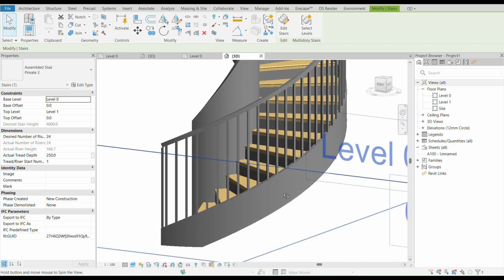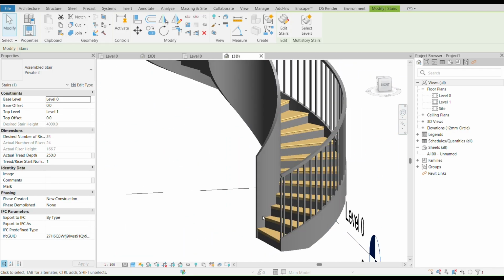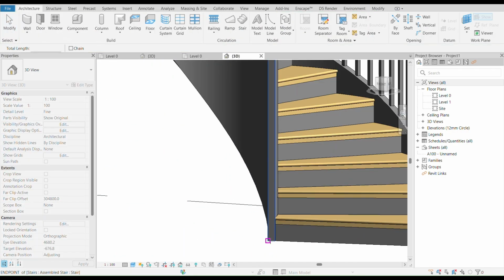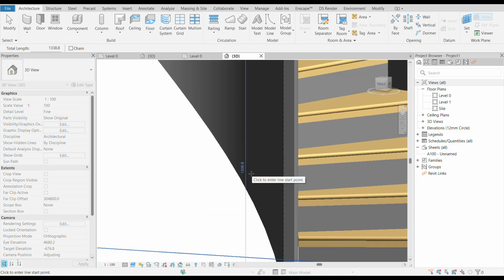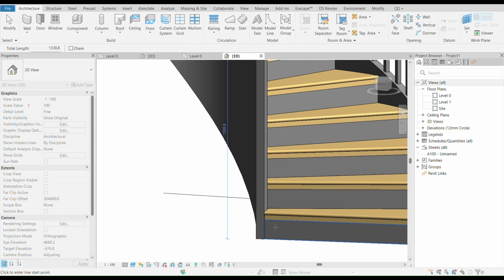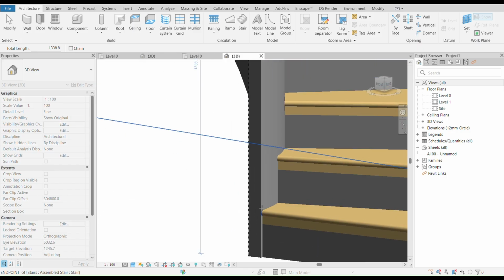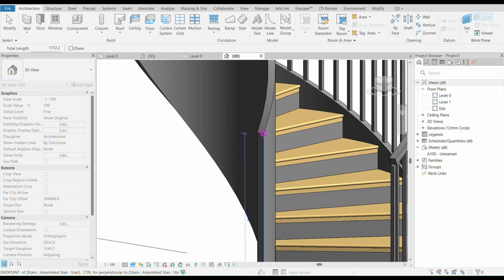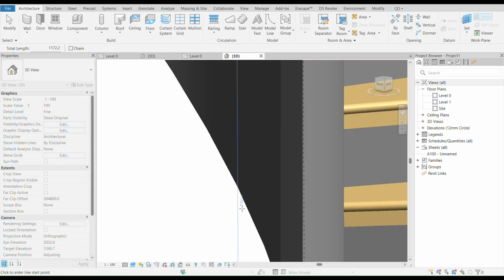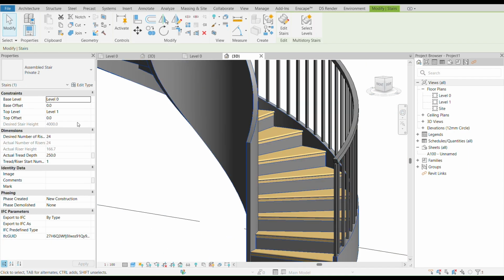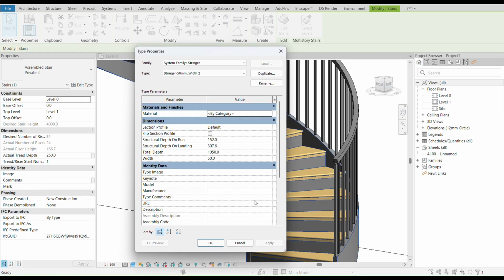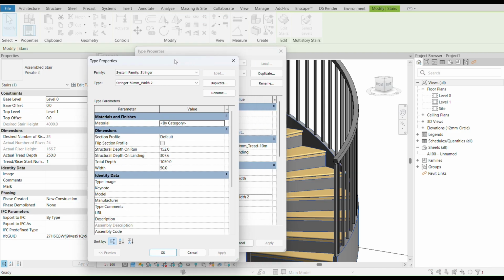So you can see the middle portion is now working as a railing which is of the size 1338 because we have the structural depth as well. But if we actually go from the stair tread, it's 1172. Okay, so we can edit this. We can just go to edit type and see what is the problem. I think the structural depth on run, structural depth on landing needs to be changed. So I think if I make this 0